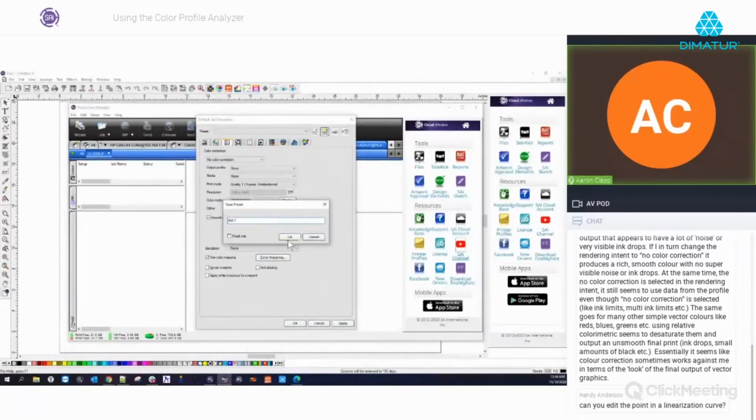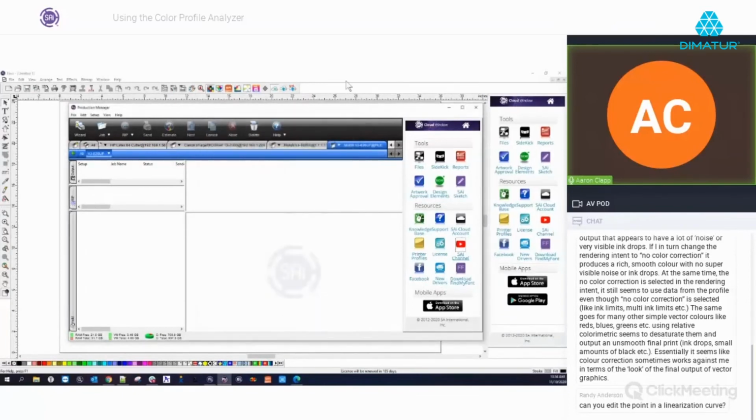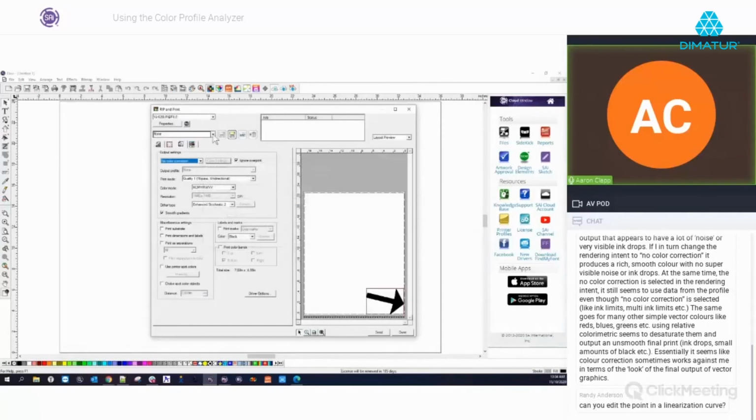Test 1. At this point, I can hit OK. And then if I go back to my Flexi, now Test 1 is here. When I click Test 1, it's going to automatically pull in every single setting that I used all over again for me. So my profile, my color settings, my print mode, my color mode, all this stuff is going to be the same. This makes it easier to be consistent. So try that. But if everything is exactly the same,